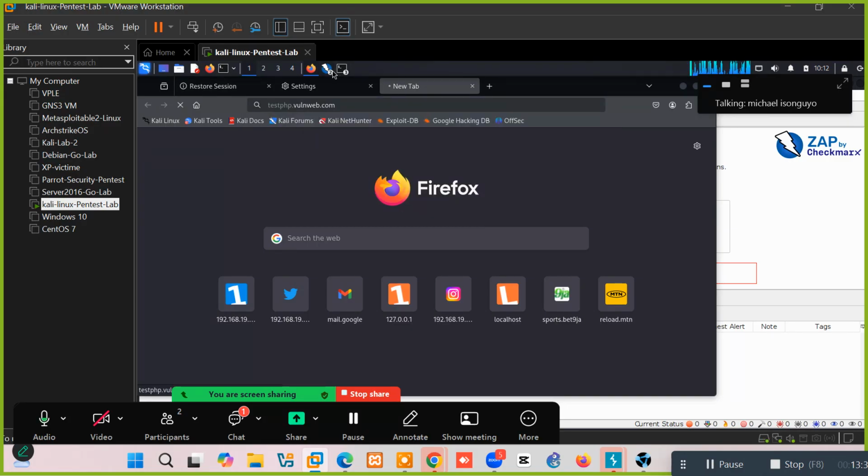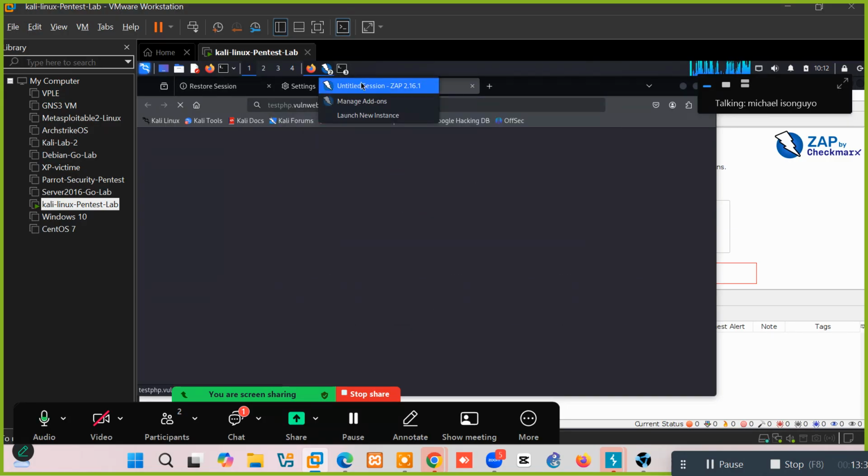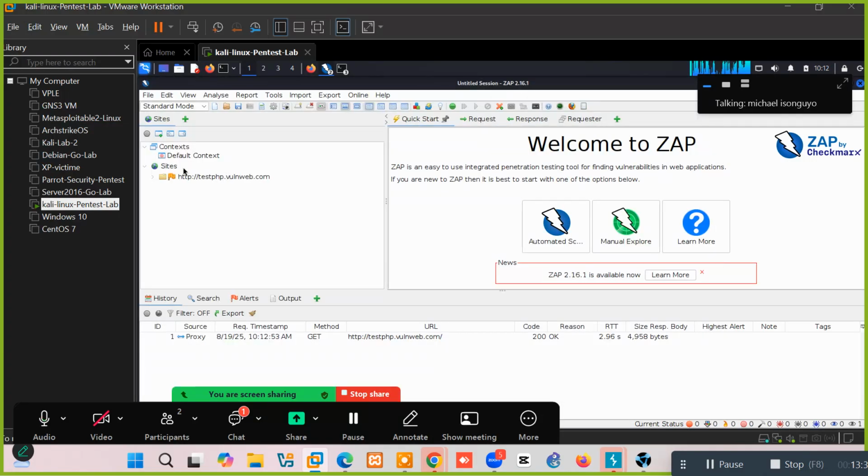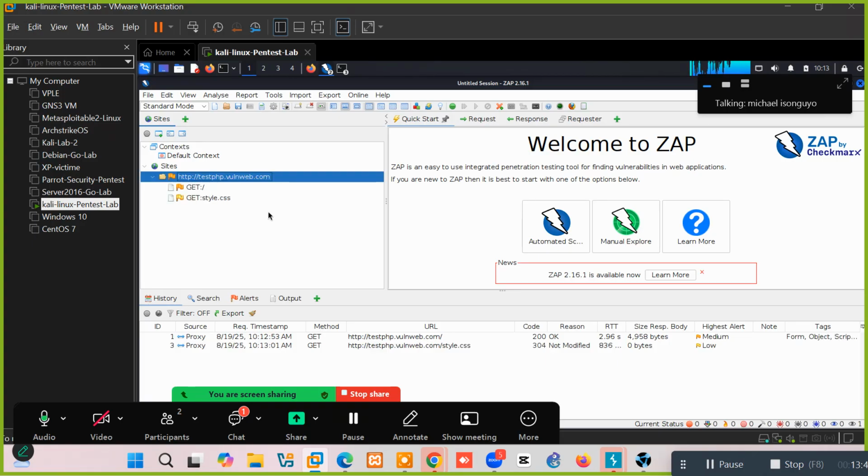We should be able to intercept the traffic using our ZAP. So the traffic should come here. Look at it here. Look at the traffic, it has come in. That's it there. So this is how to intercept web traffic using the local proxy via the ZAP